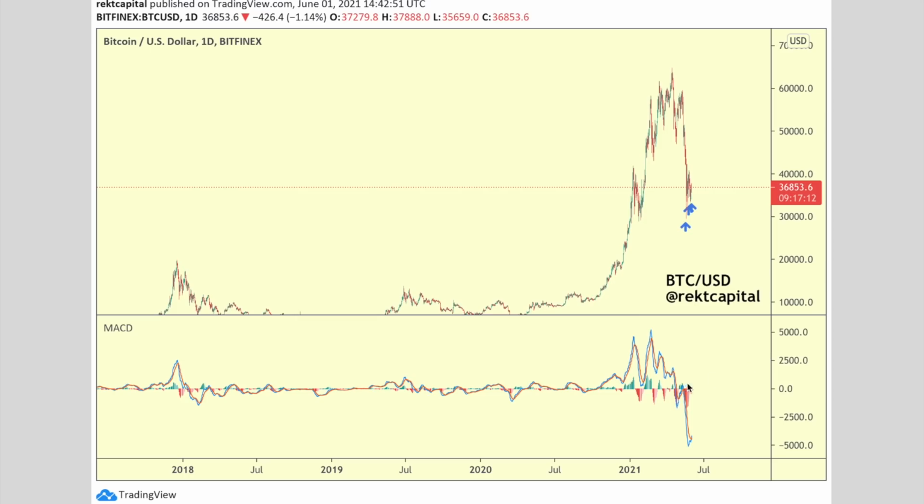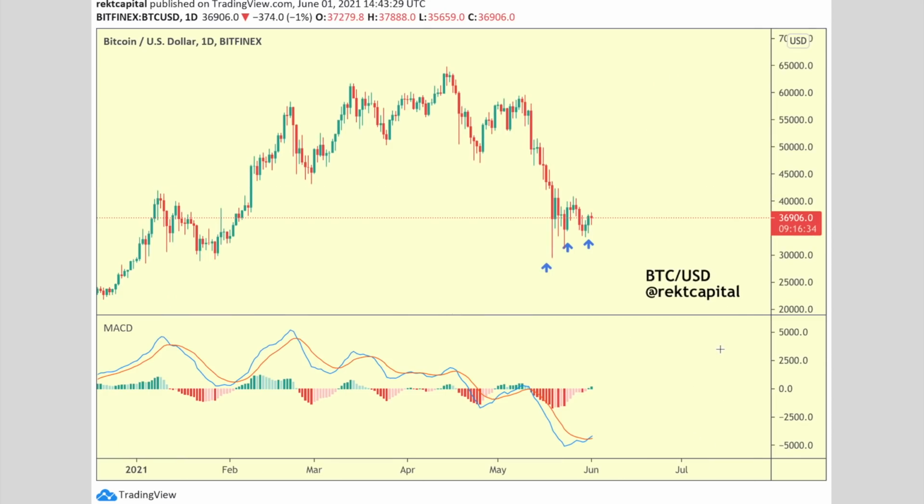But when it comes to the daily MACD, you can see how not only are the histograms towards the downside, but also the moving averages themselves are really overextended towards the downside. And by standards of history, you can just see how extreme this historic MACD situation is right now. So let's zoom in here onto the daily time frame just to focus on what's going on in terms of this MACD. So you're seeing already here in the moving averages themselves, you're seeing a higher low